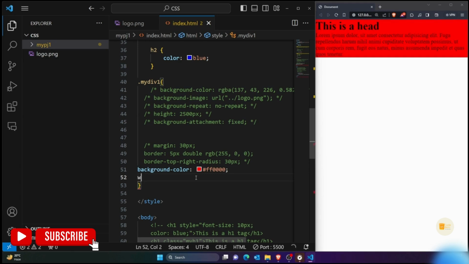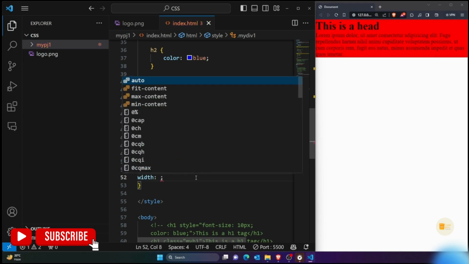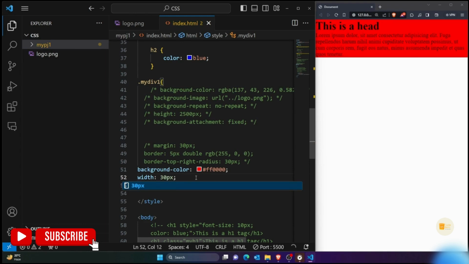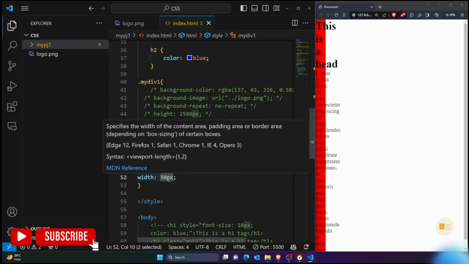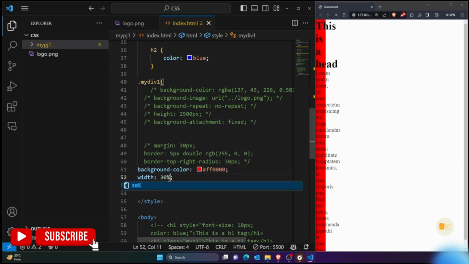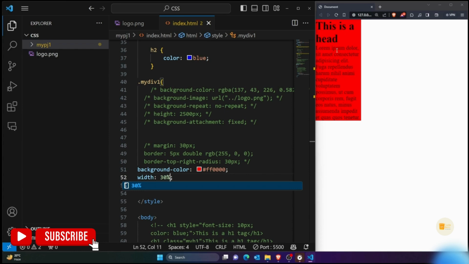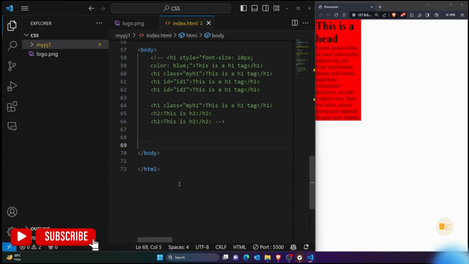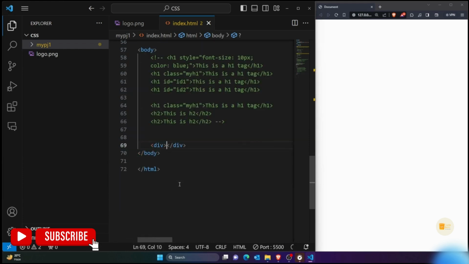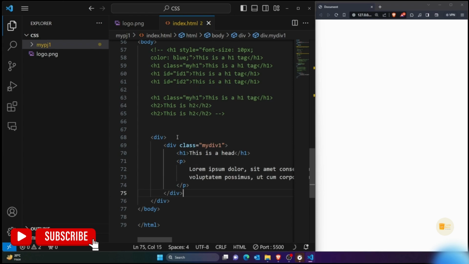Now for example, if I say that the width is 30 pixels, you can see it would be taking only 30 pixels, whatever the page size is. Suppose instead of this I make it 30%, so you can see I'm only taking 30% out of the 100% of the space available. For example, this division was inside something else. For example, if this division was inside some other division,